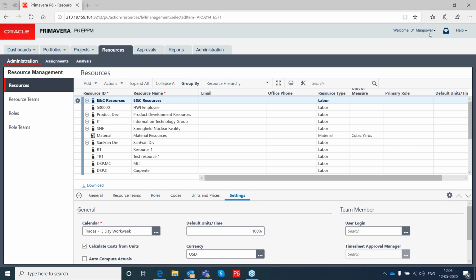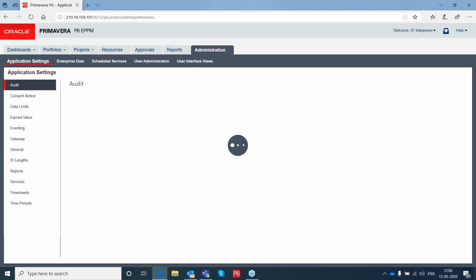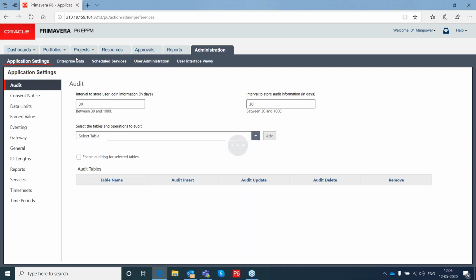Where to add cost account ID? Okay, cost account IDs at the resource level, at the expenses level, you can include that column and you can do it. And in case you want to know where to create the cost account IDs, go to administration, enterprise data.